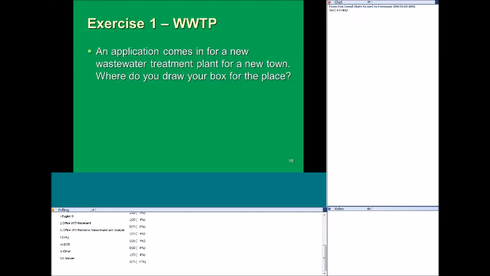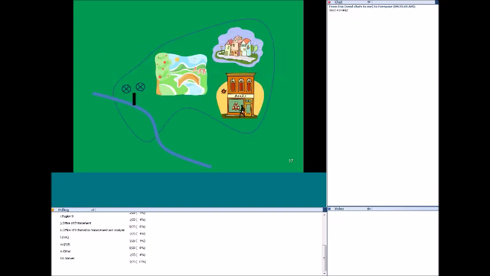So now we're going on to our first exercise, which is an application comes in for a new wastewater treatment plant for a new town. And so where do you draw your box for that place? And again, how you draw your box dictates what place type that is. So here's our schematic. We have our town, and in our town we have some residential areas, a park, some businesses, and our wastewater treatment or sewage treatment plant.